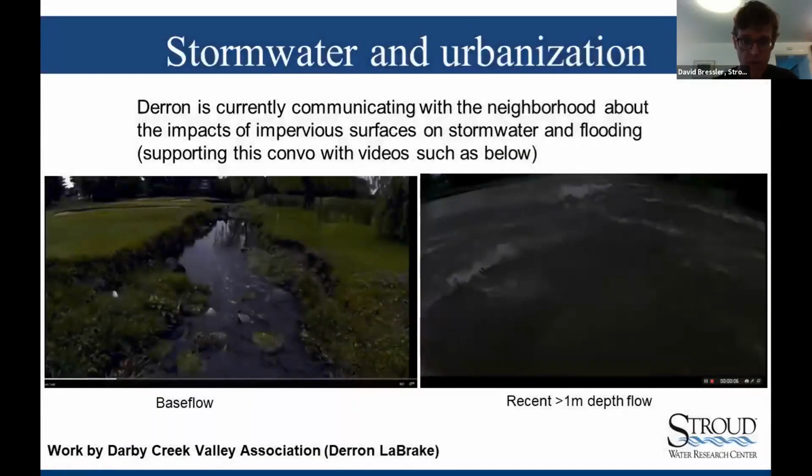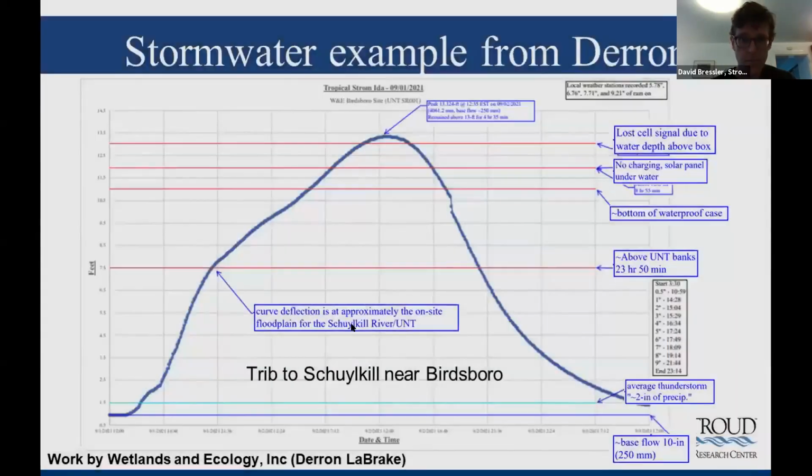So Darren also installed a video camera to be triggered during these storms. So here you can see base flow. And this is one of those 1 to 2 meter storms coming through here. You can see that it comes over the bank and floods this entire golf course. He is working with this golf course to do riparian buffers in here, but a lot of the issue is upstream of the golf course. So that's certainly a way you can use these stations to investigate and start moving towards dealing with flooding and